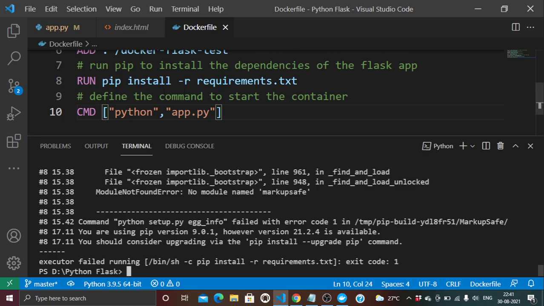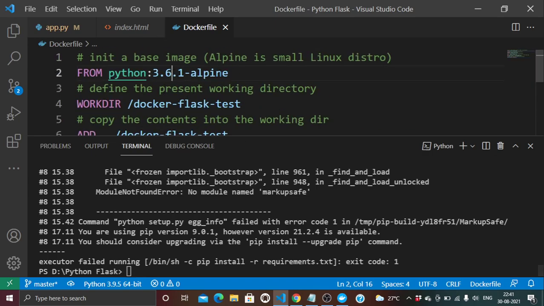So if we just change this to 3.8.2, save it and build this image again.